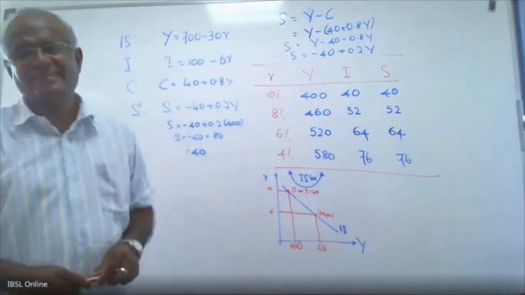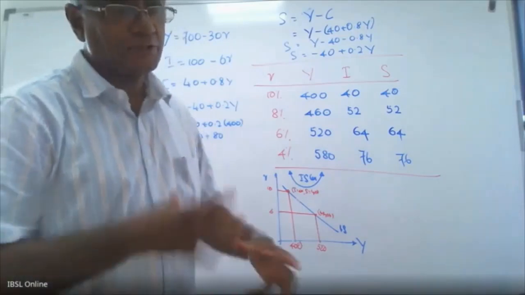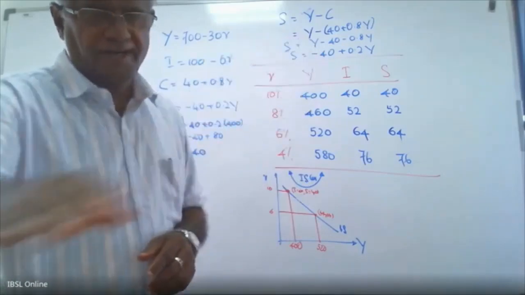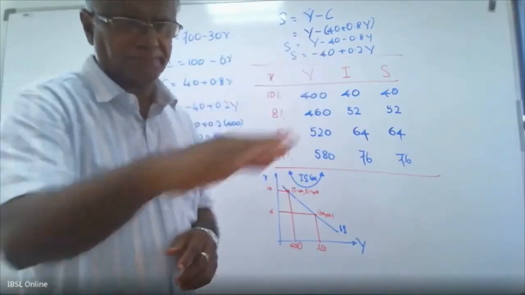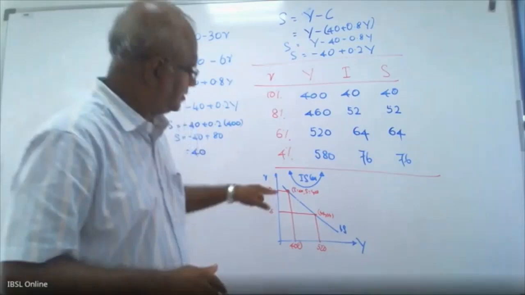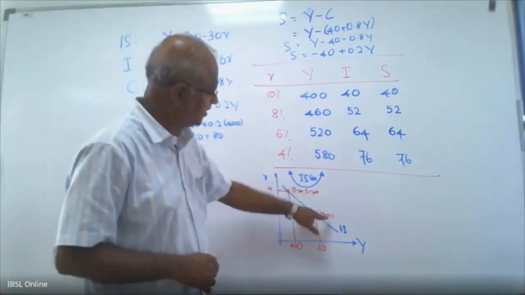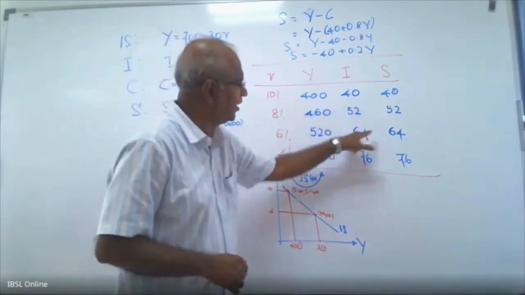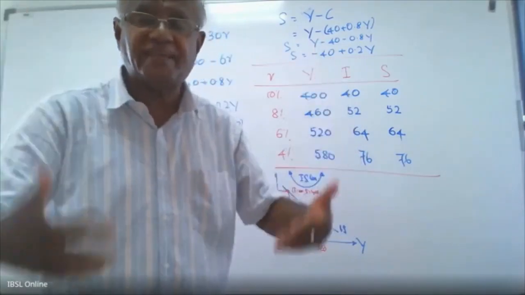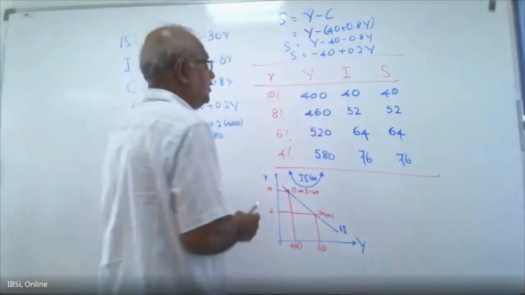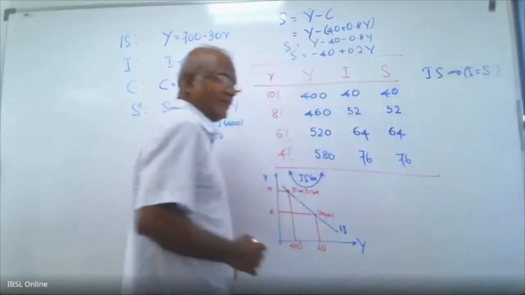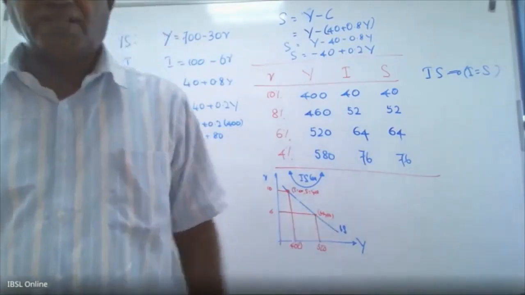Right? Investment, savings. So another explanation of this IS curve is that it is the goods market model curve that shows the goods market equilibrium. Along that IS curve, investment equals saving at every point. That's why it is called IS, meaning investment equals savings curve. You have proved that for the simple economy.